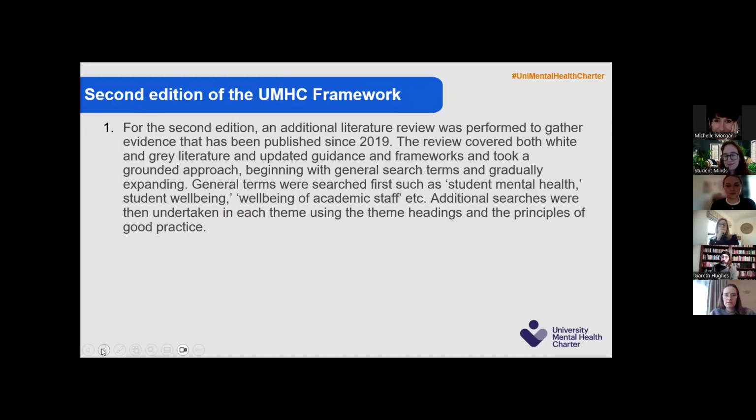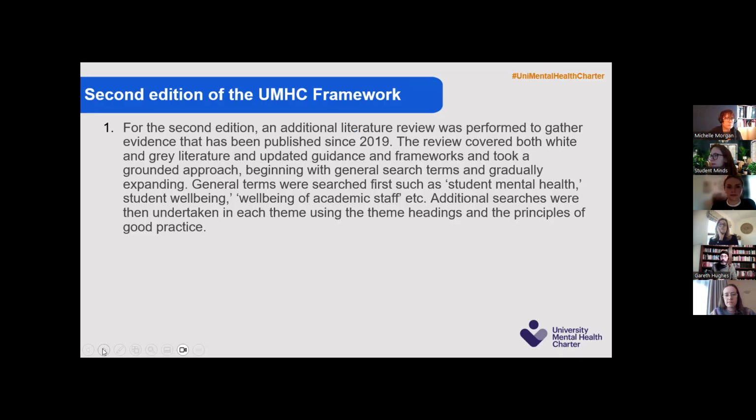So what we did is we did an additional literature review, and we looked at everything that's been published since the charter was published in 2019. The first framework was published in December 2019. I don't know if people remember what was going on around that time, we were in the middle of a general election. I think the day that we published the framework document, the person who was then our Prime Minister hid in a fridge. And so lots has happened in the last 5 years. This was pre-COVID. We launched in December 2019. COVID obviously struck in March 2020. So a lot has happened in the last 5 years.